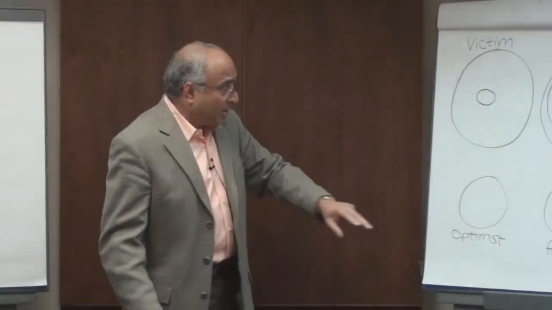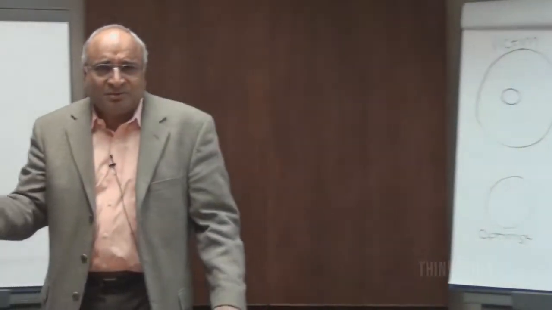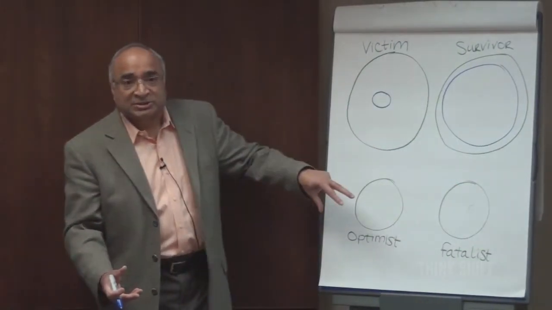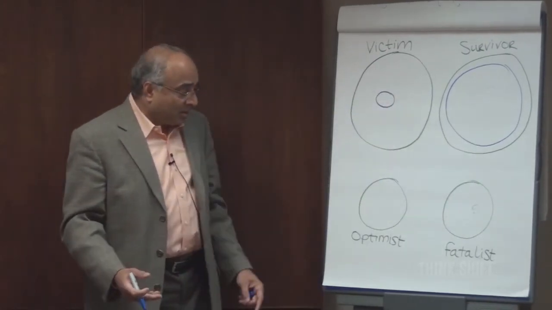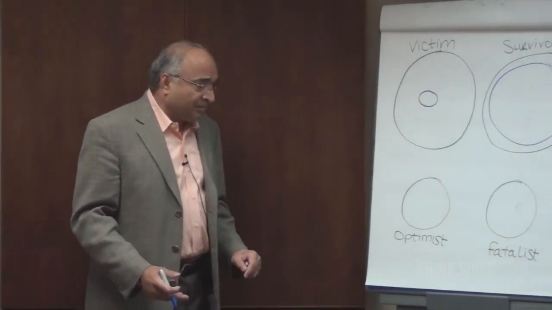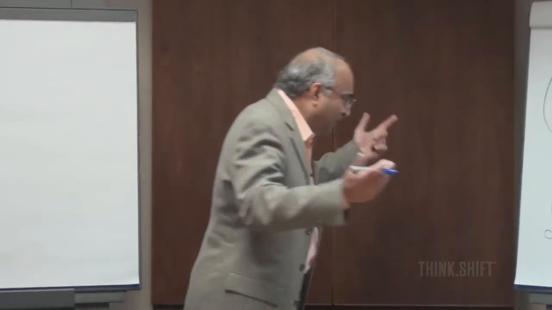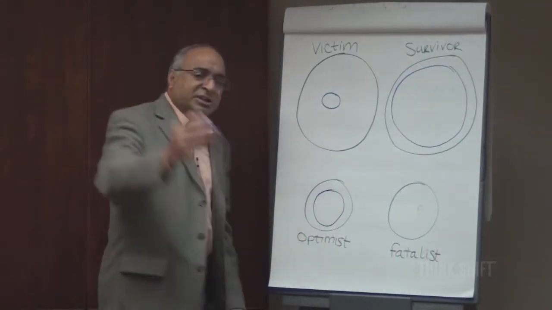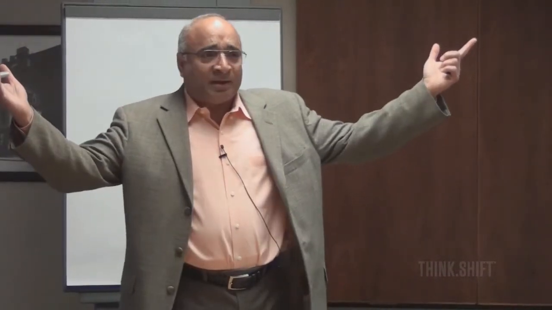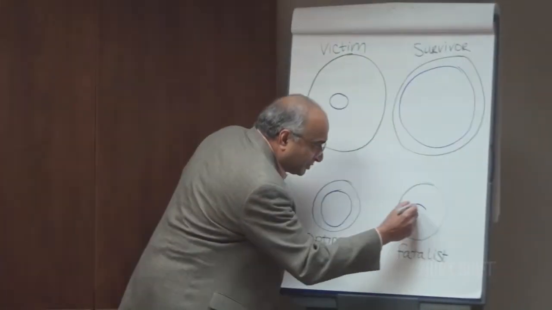The other type of people believe, yeah, the world's got its problems, but they're not that difficult. They believe that they have smaller circles of concern compared to these people. And the optimist feels, yeah, we got some problems, but you know what? I got enough tools to deal with these problems. They've got a pretty good sized circle of concern. In contrast, the Federalist believes, yeah, the world's got its problems, but heck, it doesn't really matter. It's a crapshoot anyway. They got a very small circle of concern. These are fundamental behaviors of certain people.